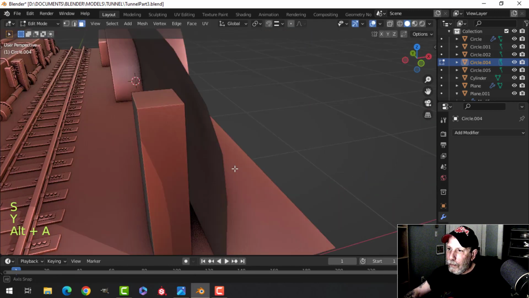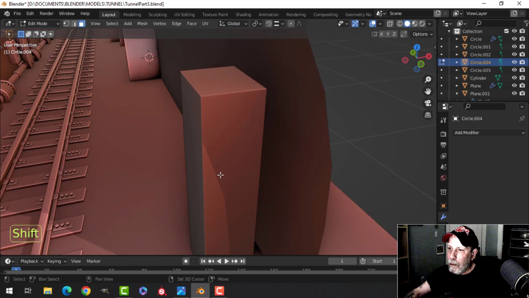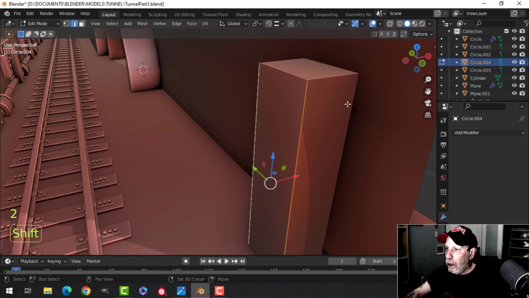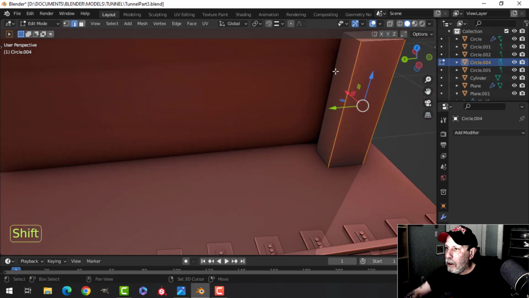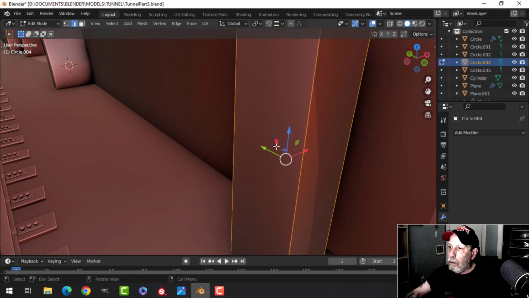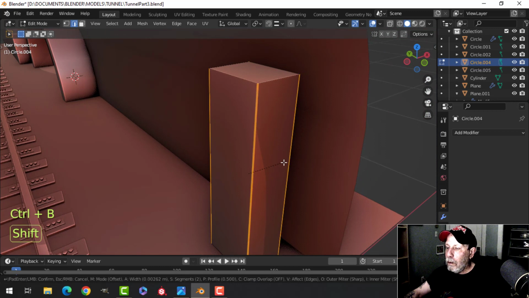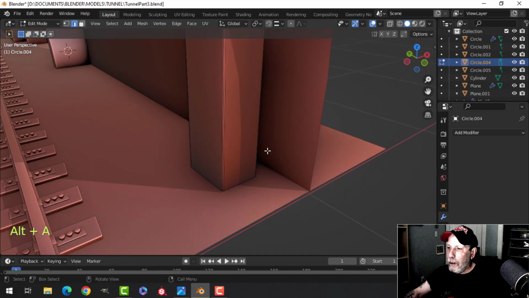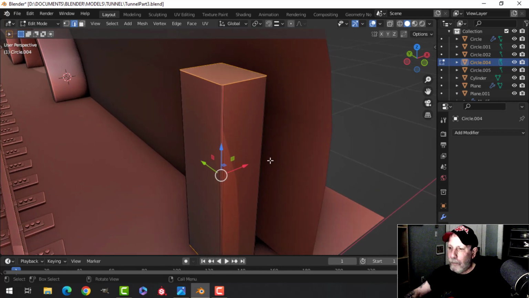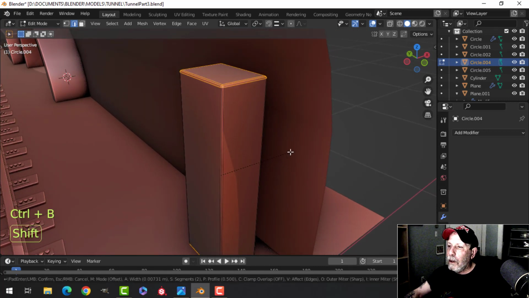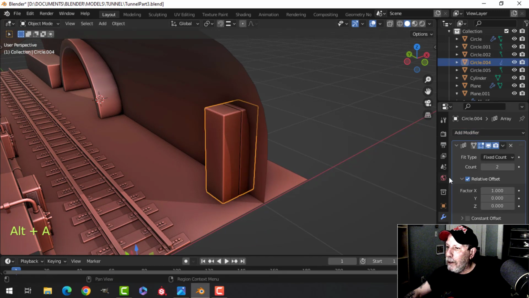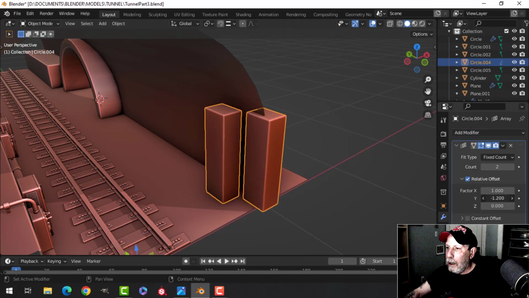All right, now this is going to be a little messy because I'm going to be using some booleans. So let's go ahead and do this and see how it all works out. Control B, I want 3, just a small bevel there, the top and the bottom, bevel like that. Let's say right off the bat I'm going to add an array,